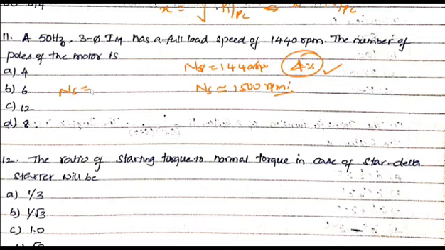Now Ns is equal to 120 f by P. So P, right? Now 1500 is equal to 120 into 50 divided by P, so P you need to calculate here. If you do this, P will be 4 here. So P will be 4 is the right answer here. Next one,